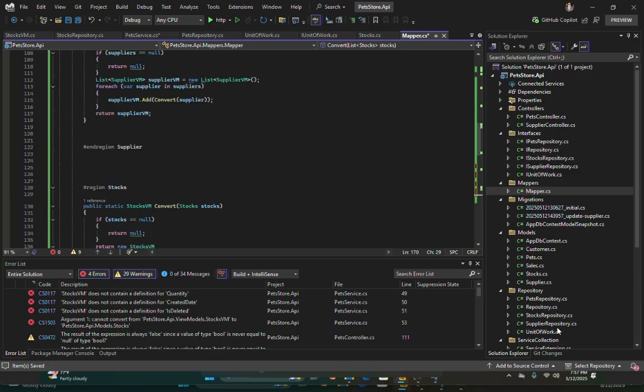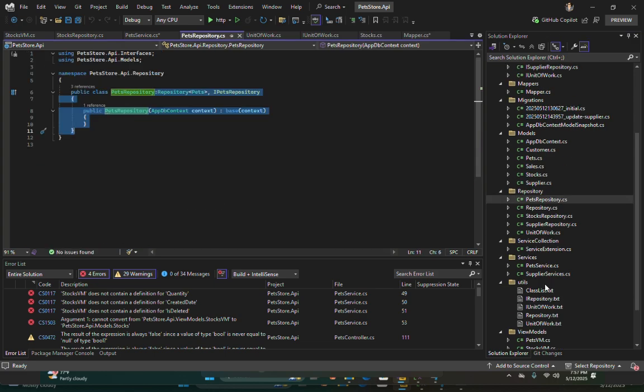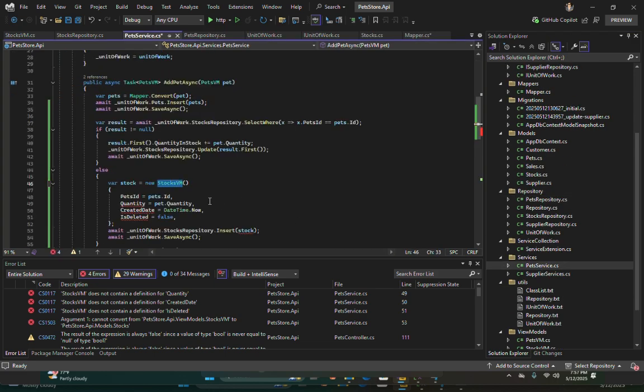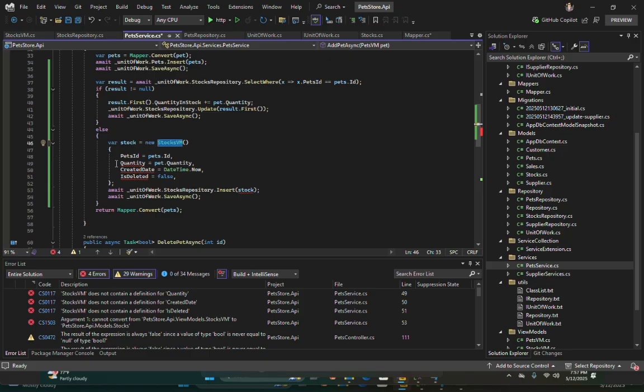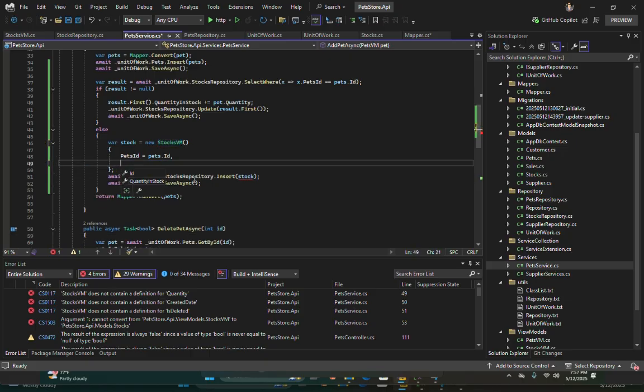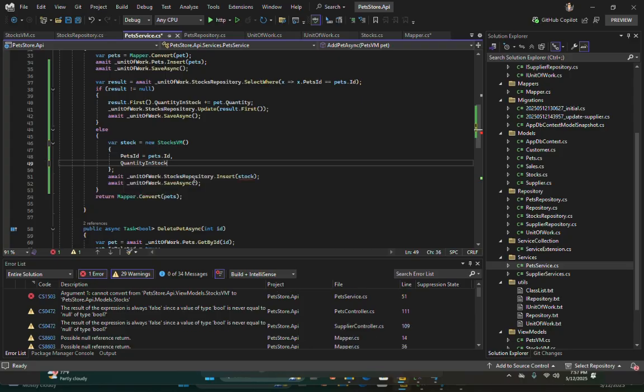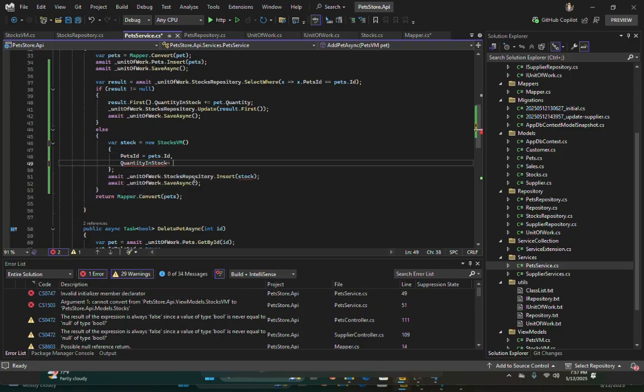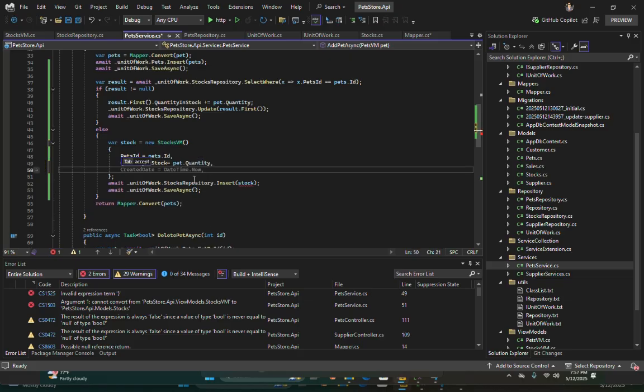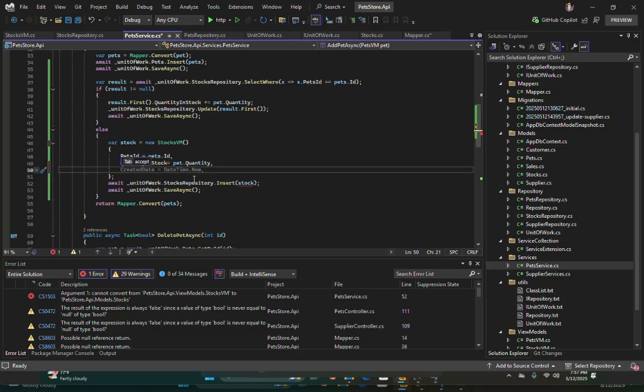Now let's go to the pets repository, not the pet repository, actually pet service. So here we can make mapper, right? Pets quantity in stocks equals to a pets dot quantity, like directly, and created date.